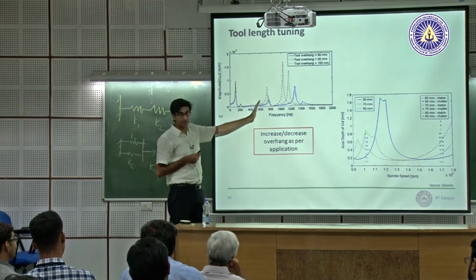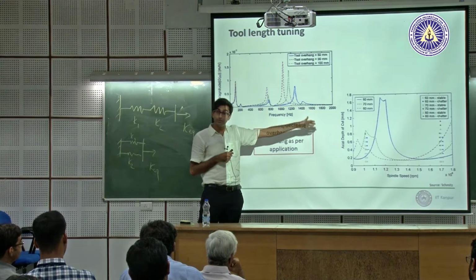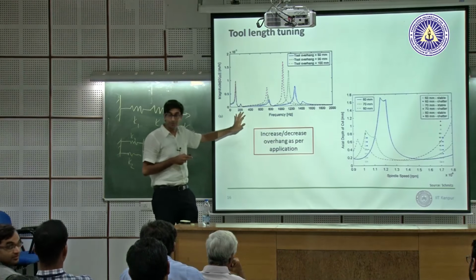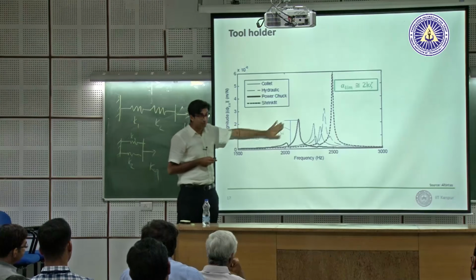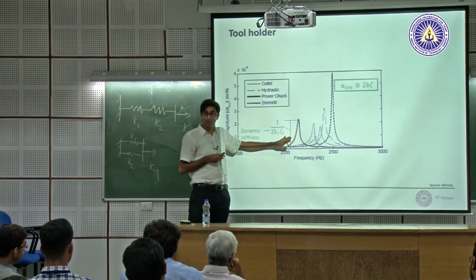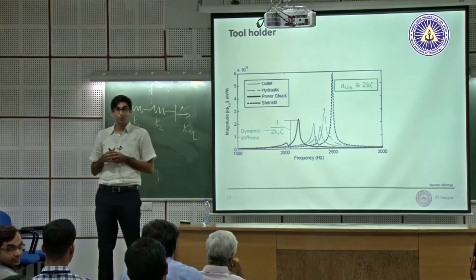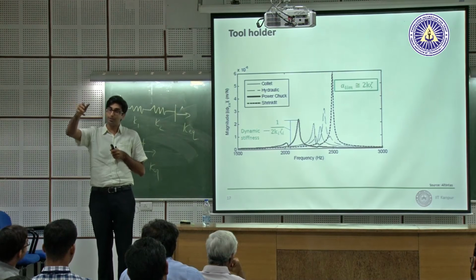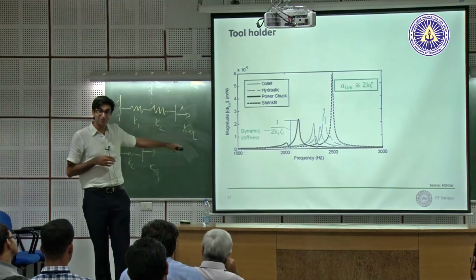You see, frequencies are different, lobes are different, the sweet spot is different, where the pocket is different. You have to understand that idea. Here, this is stiffer, the collet and the power chuck, but the sweet spot, the pocket, you have to find. You can't say that the same speed I will use, it's probably going to be different. But the point is, this is better than that.